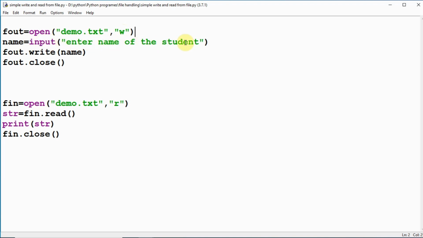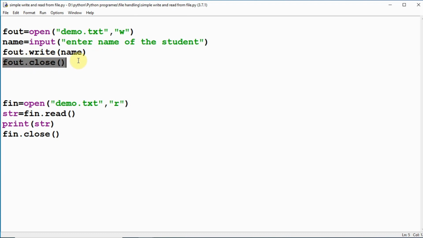We will take input from the user, and we will write that name into the file. This object is linked with our file, so with the help of this object we can call the write function and insert that name or data into our file. After that writing we will close the file.